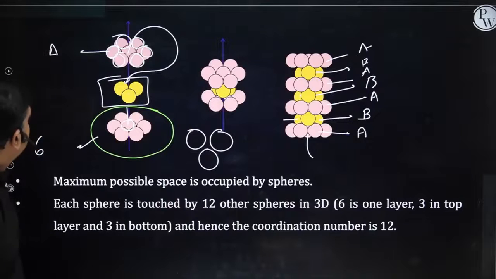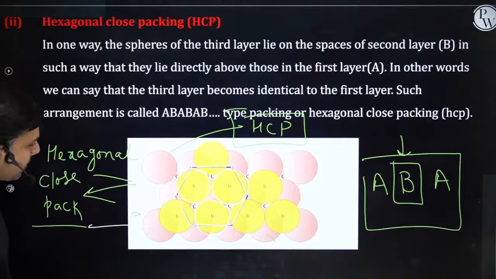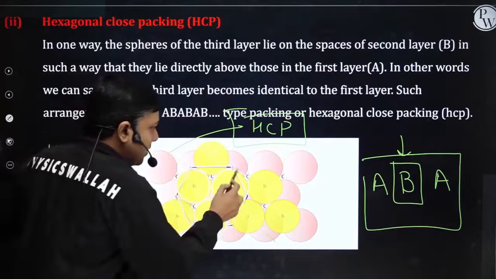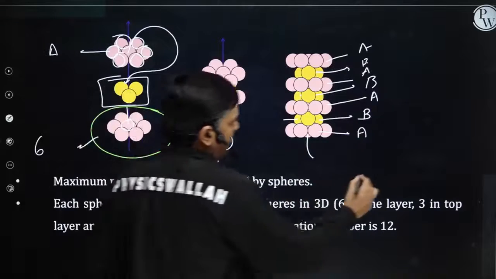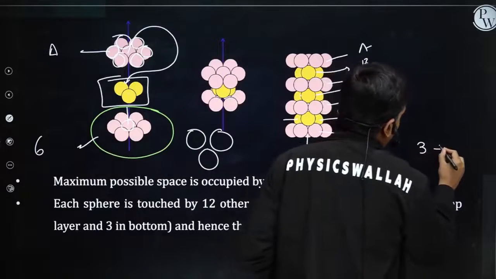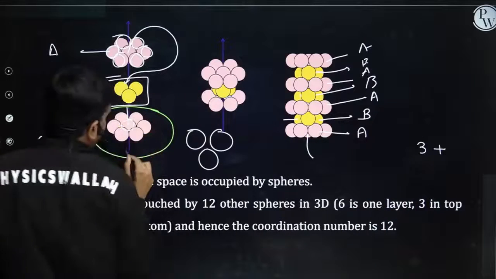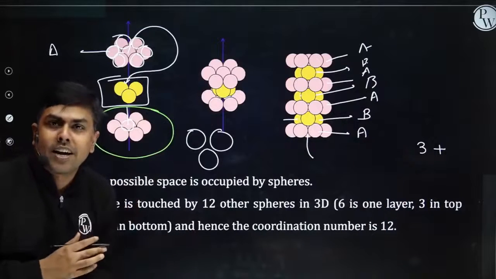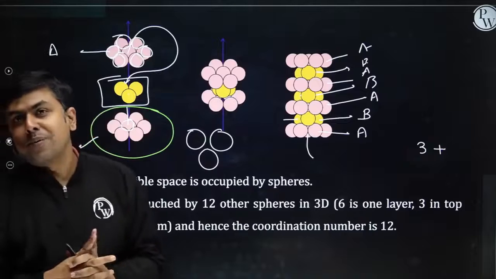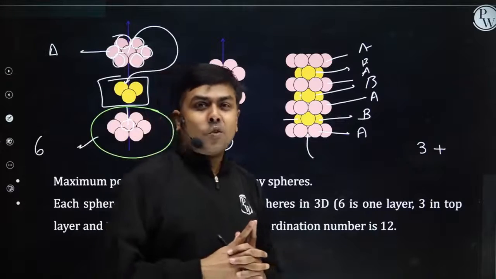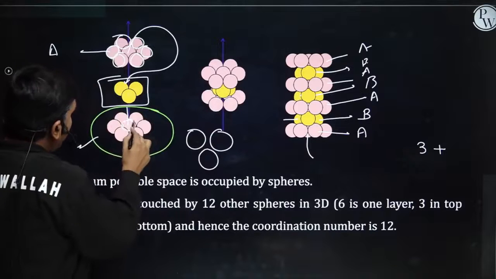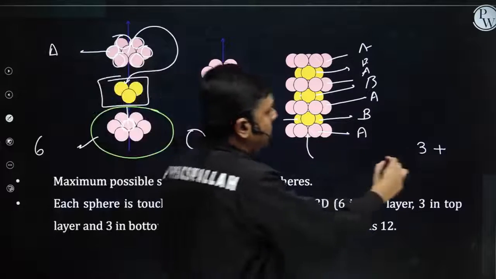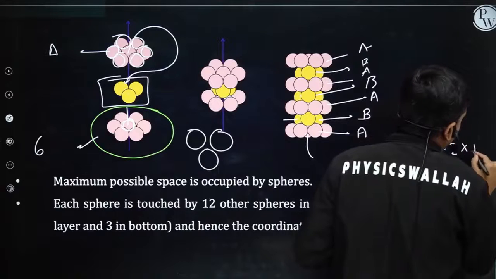Students, if I talk about this Z effective, how do you calculate it? What do you say? 3 spheres exactly inside the unit cell here. So 3 from the second layer. Now the central sphere, this is the first center, right? And the first center will be shared by 2 unit cells. So each will have a contribution of 1 by 2. And how many central atoms are there? One here and one here. So 2 into 1 by 2.